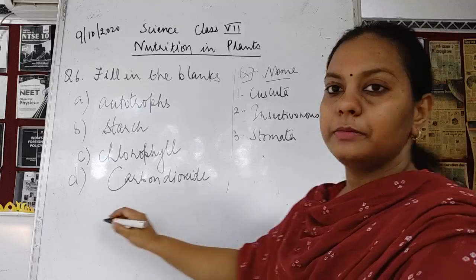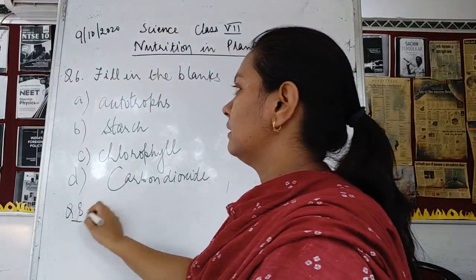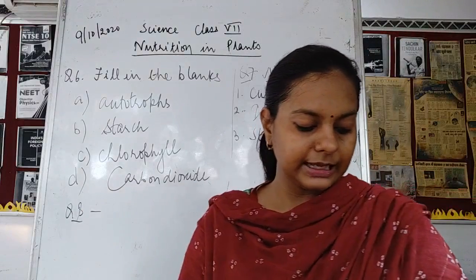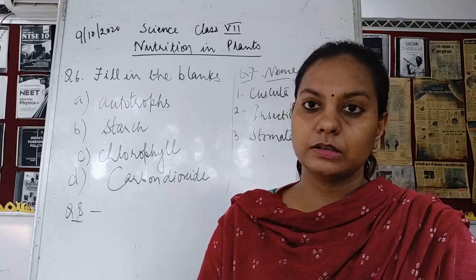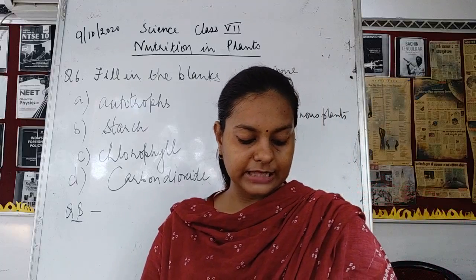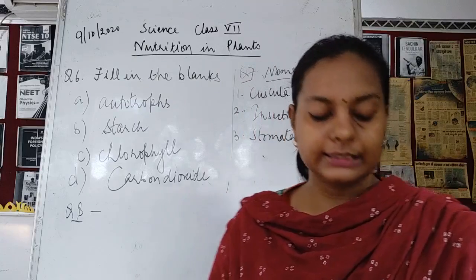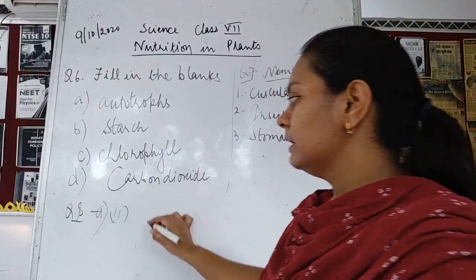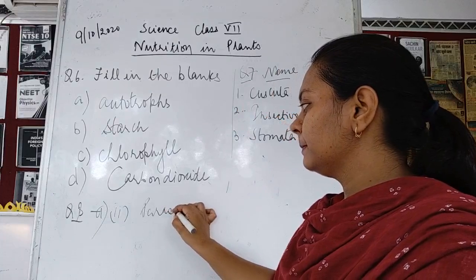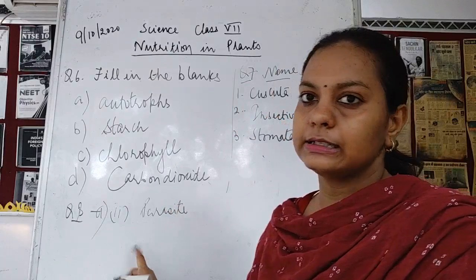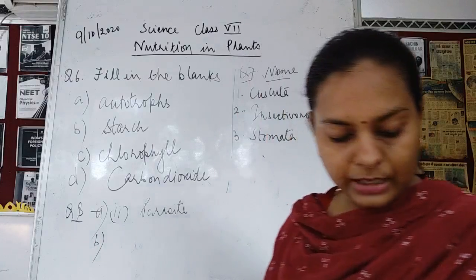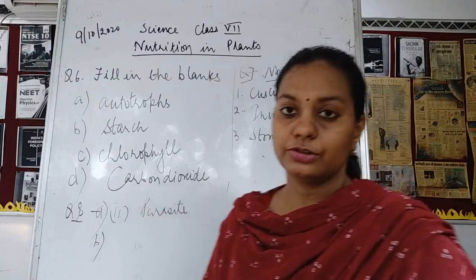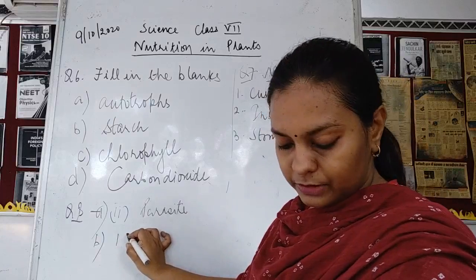Then next is question number 8. Here, tick the correct statement. Cuscuta is an example of autotrophs. No. Then parasites, saprotrophs and host. So the Cuscuta is always a parasite. So the answer is second. For A, the answer is parasite. Please remember, only one you have to study, that is Cuscuta. Then for question B, the plant which traps and feeds on insects is Cuscuta, China rose or pitcher plant. So the answer is pitcher plant, which is the fourth one.